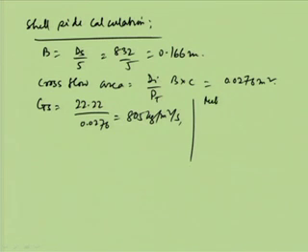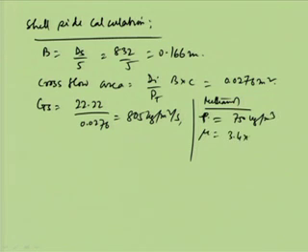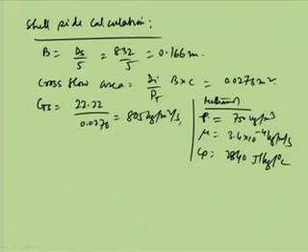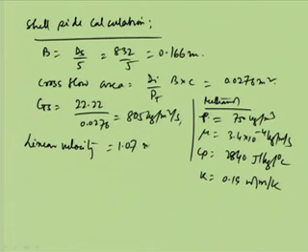Gs, the mass velocity shell side, is 2.22 by 0.0276, that is 805 kg per meter square per second, and the data for methanol is rho is equal to 750 kg per meter cube, then mu is equal to 3.4 into 10 to the power minus 4 kg per meter per second, then Cp is equal to 2840 joule per kg per degree centigrade, and then K is equal to 0.19 watt per meter per Kelvin, and based on that we find the linear velocity equals 1.07 meter per second, and the Reynolds number, based on the equivalent diameter, is coming to be 34094.